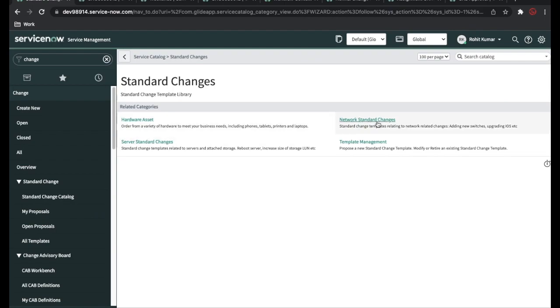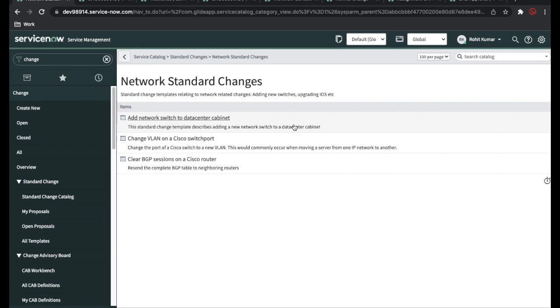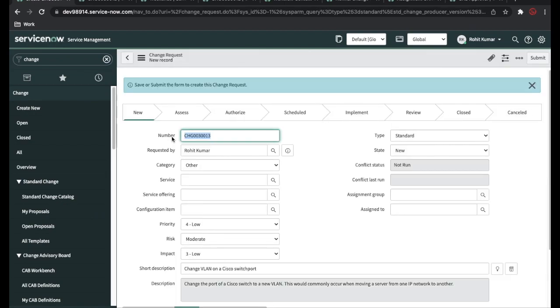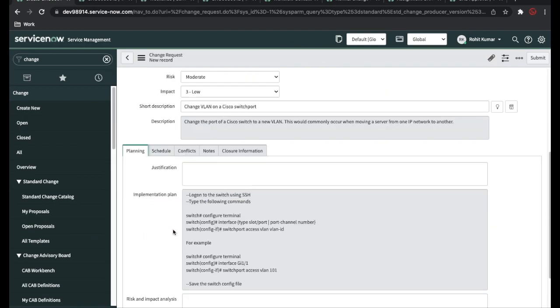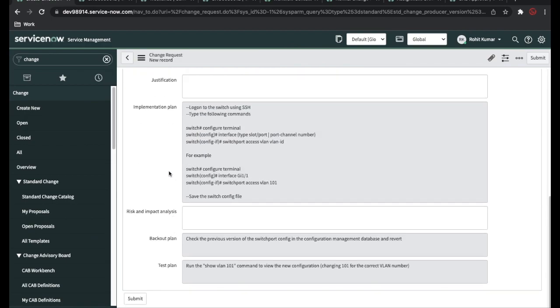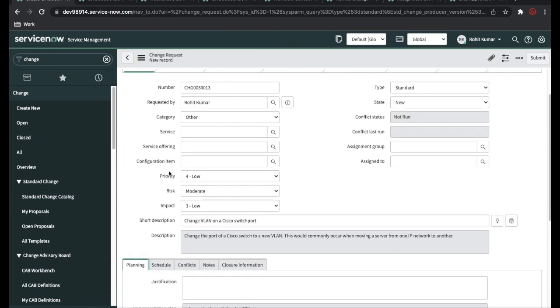So let's say the network server standard change. Once you select the catalog item, you can see that by default it will have all these details, and these details will be read only. You cannot change them. You can put in some basic details and the configuration item